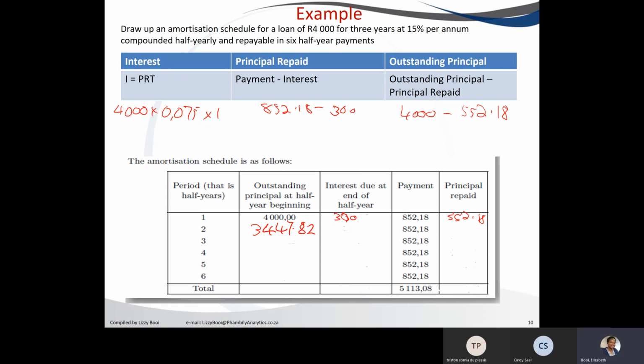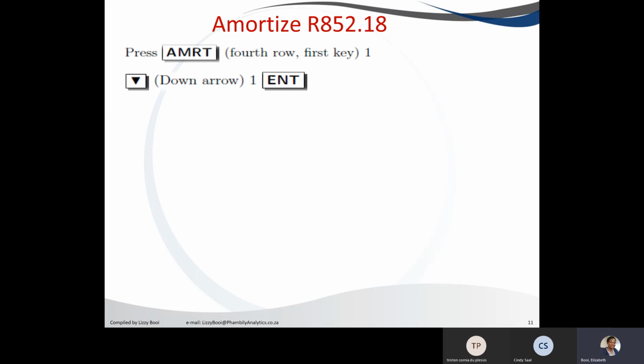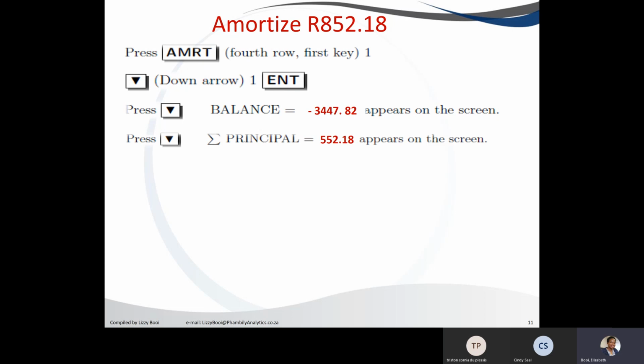Calculating it, finding the amortization on your calculator. Once you have calculated your payment, you can amortize your payment by pressing the amort button and press 1, then press down arrow 1, and then press the ENT button and press the down arrow. It will give you the balance. Down arrow, so this will give you the closing balance after payment number 1, because we told the calculator that we are calculating payment number 1. We are amortizing our first payment,